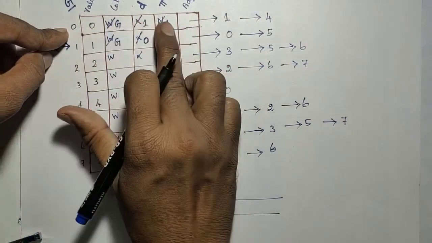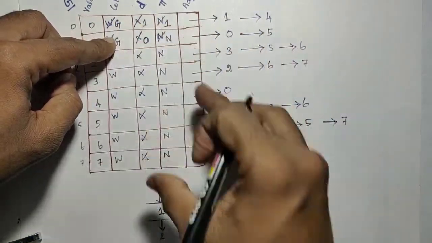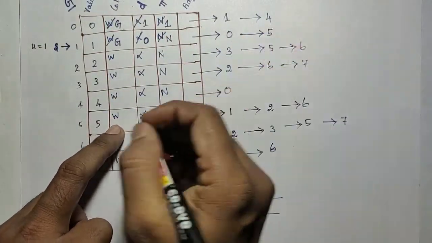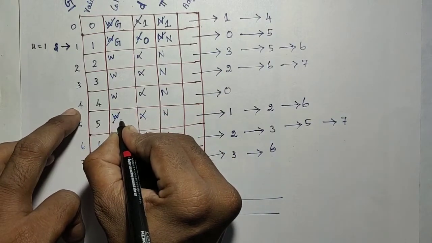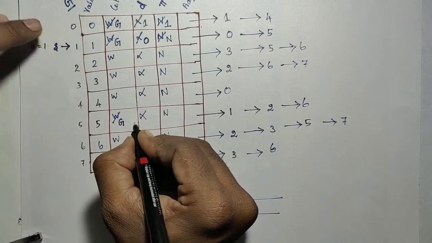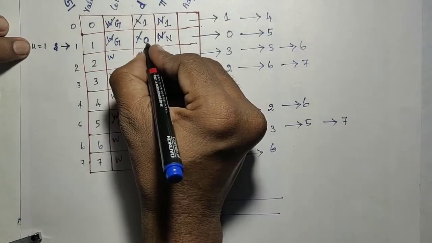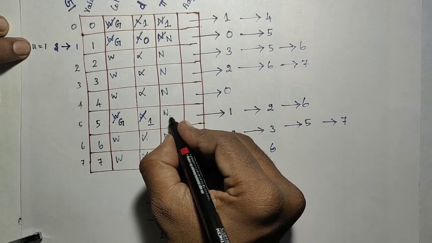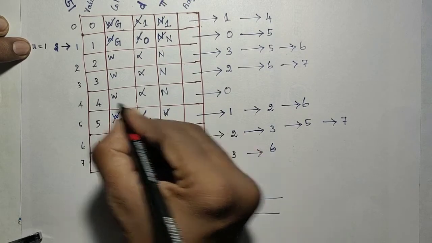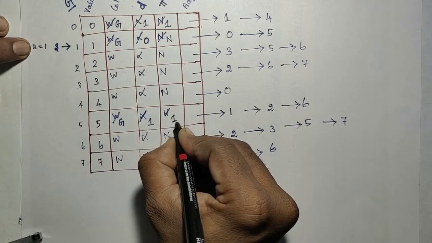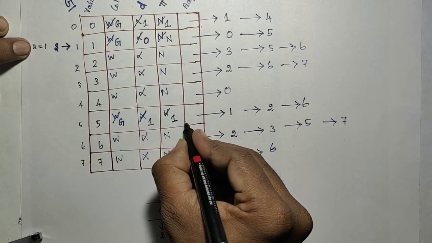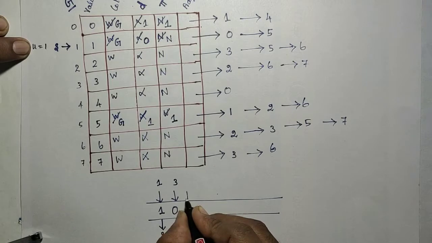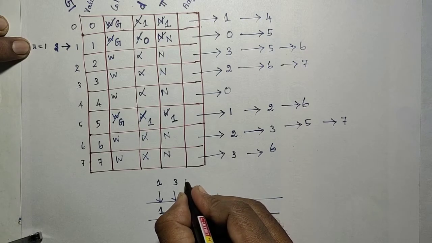Once it is visited and enqueued, you go for 5 next. You check that 5 is not visited. Not visited means it needs to be visited. The color has to be changed to gray. The distance, we are in U, U's distance plus 1, 0 plus 1 is 1. And then the parent will be updated as U. Now we have visited 5, and 5 will be inserted into the Q. So that is the fourth queue operation.